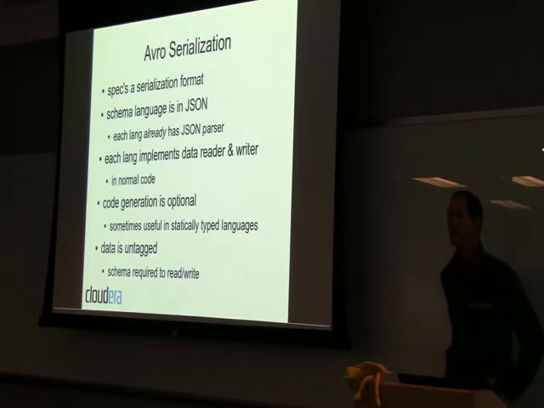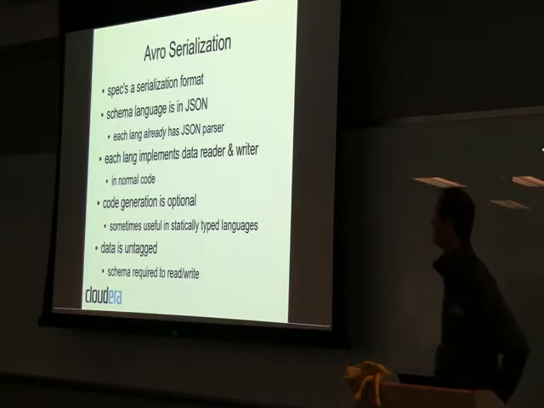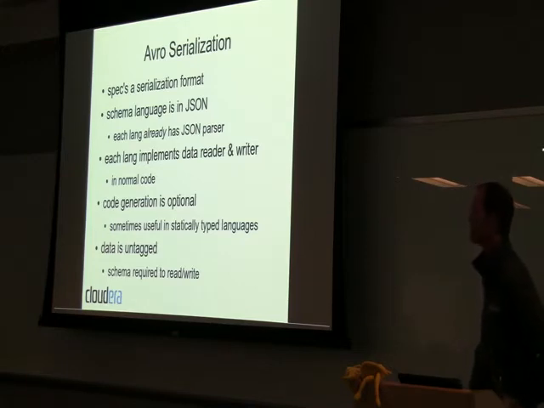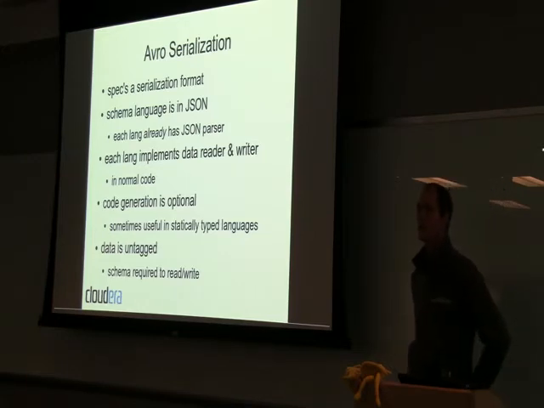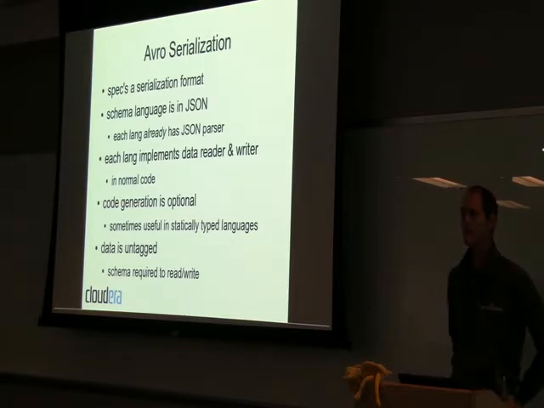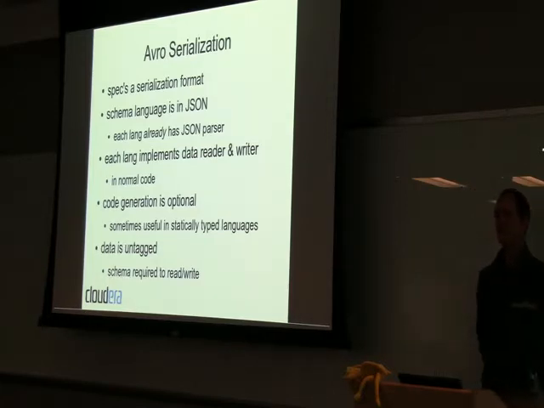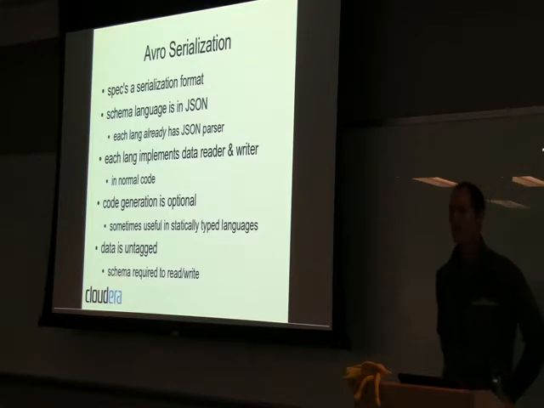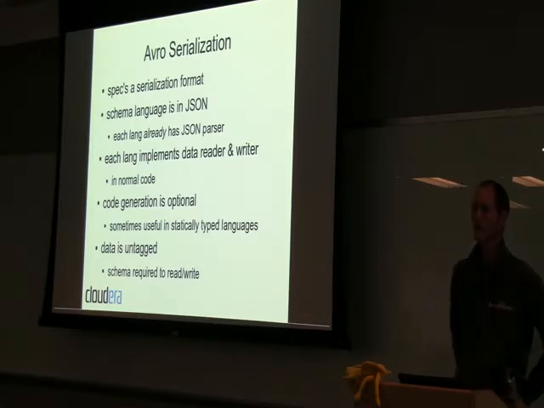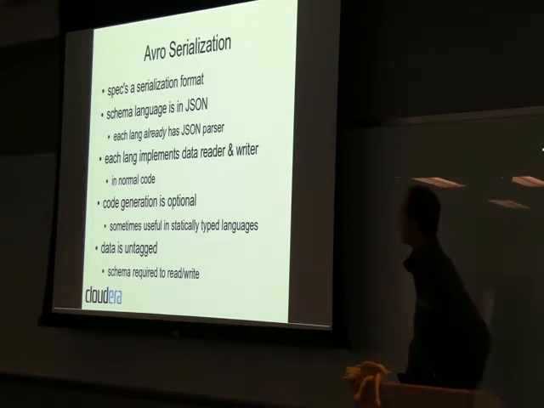So Avro's serialization specifies a data format. The way you describe data structures is in a schema language that's in JSON. The reason for using JSON is that we require every implementation to parse the schema language. We didn't want them to have to write a complicated parser, and most programming languages already have a JSON parser. So doing this in JSON makes it easier to implement. Each language just implements something that can read and write data